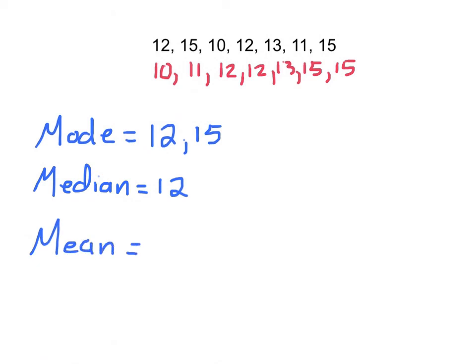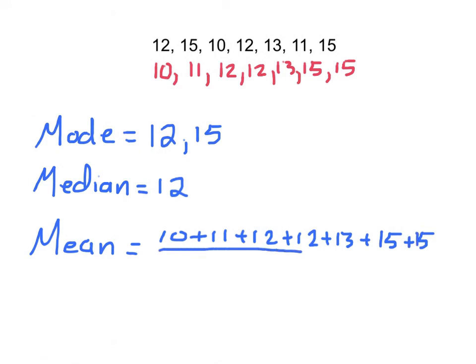So if we solve for this, we're going to have to add all of these together: 10 plus 11 plus 12 plus 12 plus 13 plus 15 plus 15. And this time we have 7 numbers, so we're going to have to divide by 7. So if we add all of these together, we're going to end up with 88 over 7. And then, of course, our final step would be to actually do the division, and 88 divided by 7 would equal